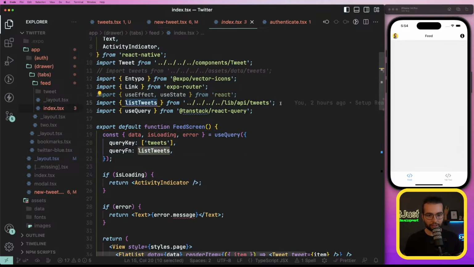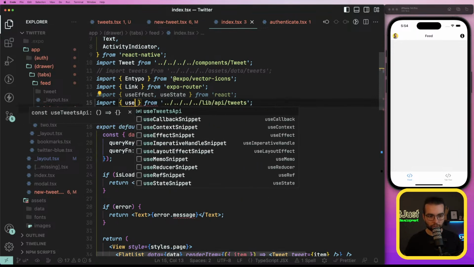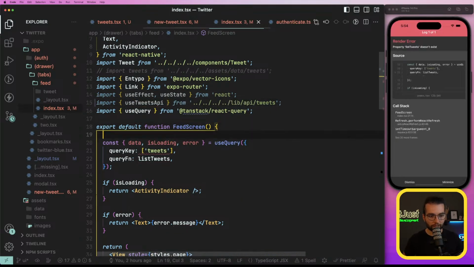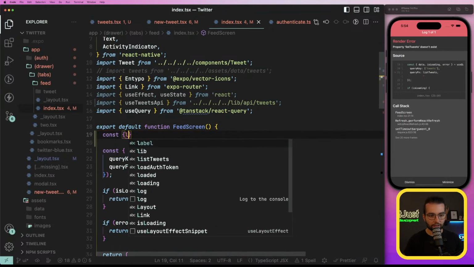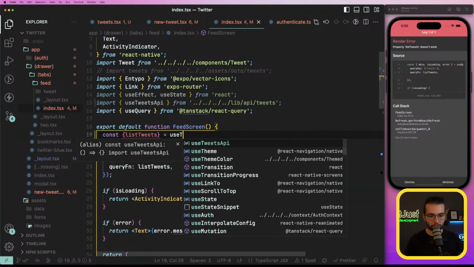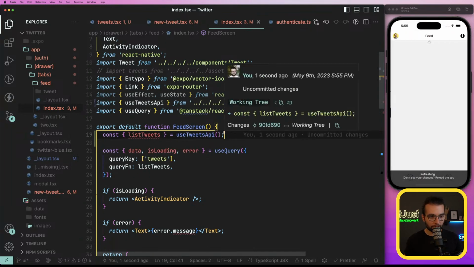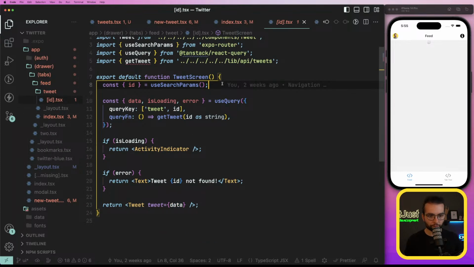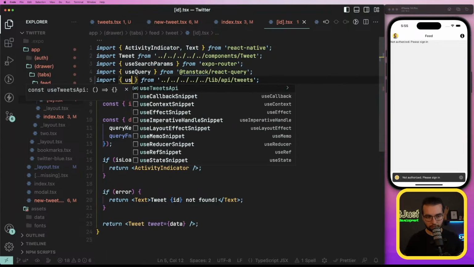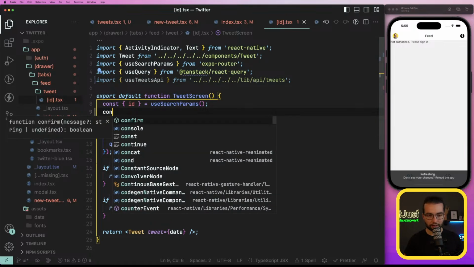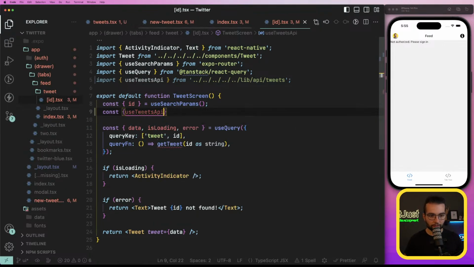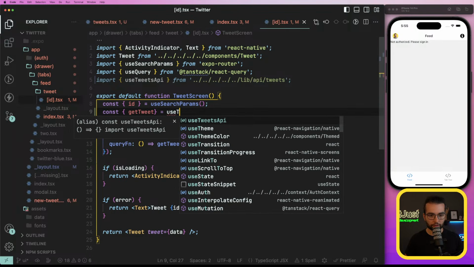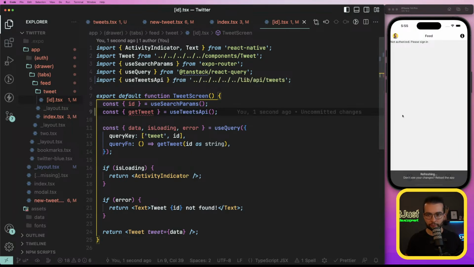Instead of getting list tweets from there, we're going to get use tweets API, and get access to the list tweets from it. And same way in the tweet, that's the last place. Instead of get tweet,